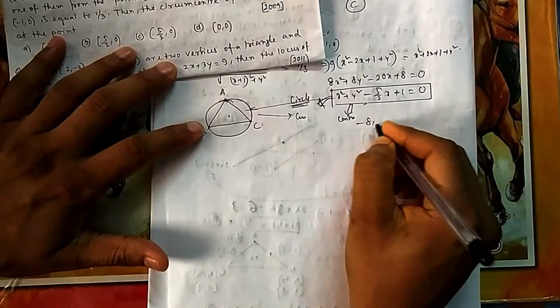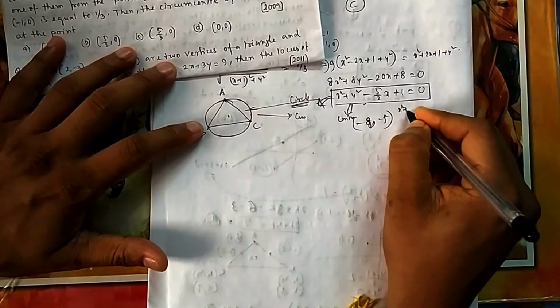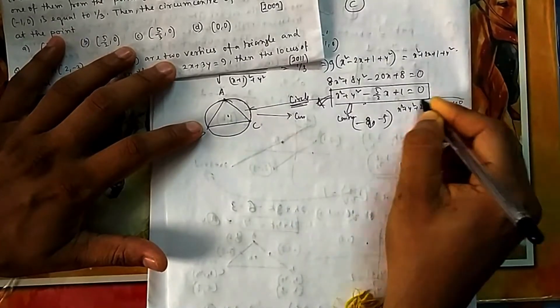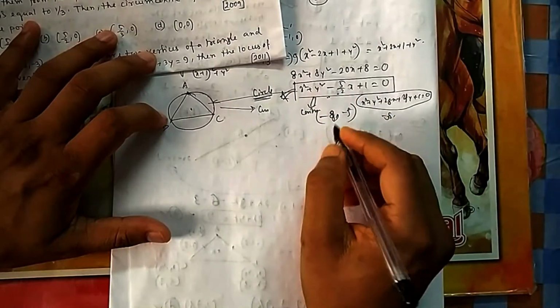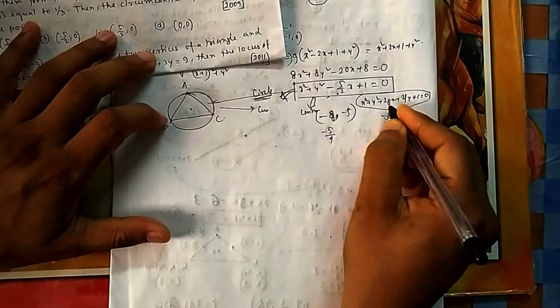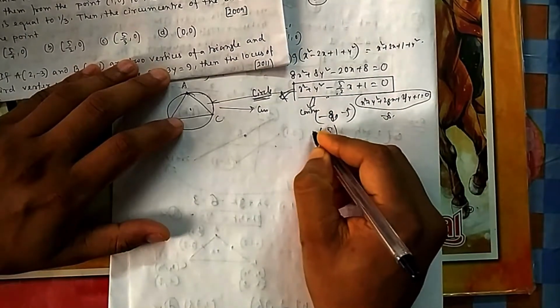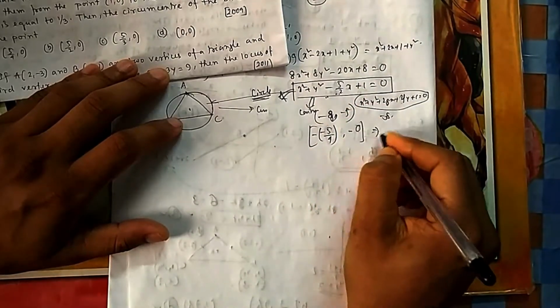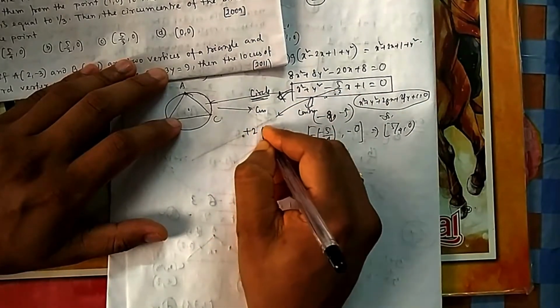So those who don't know, if you remember, the equation of circle is x square plus y square plus 2gx plus 2fy plus c equal to 0. There is some similarity with your pair of straight lines, and your center is minus g, minus f. So if you compare, what is g here? Because 2 is there, it should be minus 5 by 4. Minus of minus 5 by 4, because it is minus g, and f is 0, because no f term is there. So center is 5 by 4 comma 0. Because you can write plus 2 into minus 5 by 4.